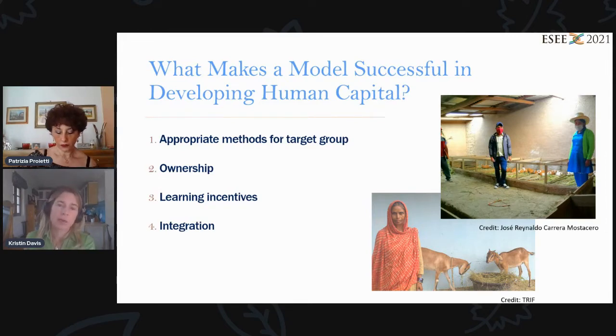And then lastly, integration. So it's not enough just to increase farmers' skills without something to do for it. So they have to have those skills, but then they also need to have a market, right? Or they need to have the skills and they need to know how to value add to their product and so forth. So the more successful programs had integration of value chains, marketing, other things like clean sanitation in the home and so forth were all really important areas in terms of integrating the successful projects.